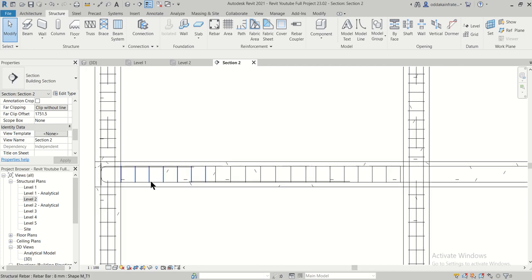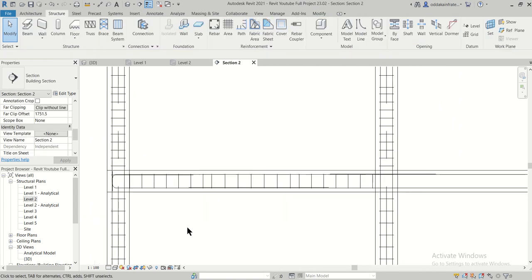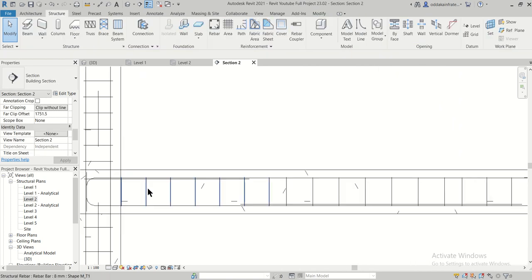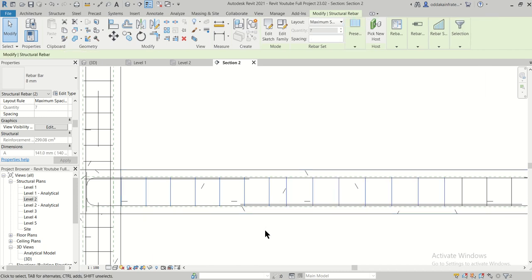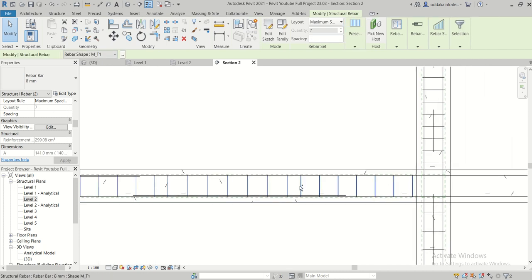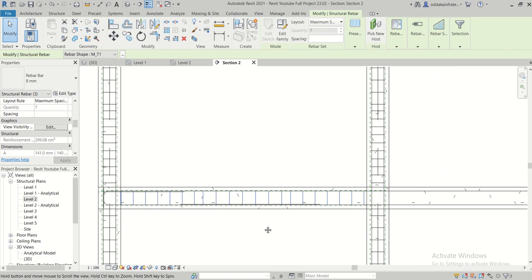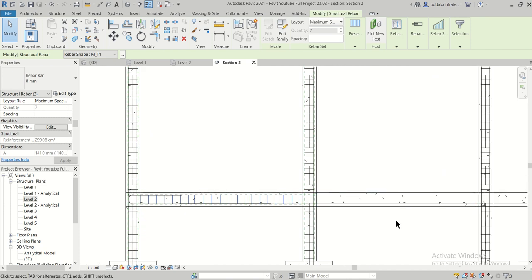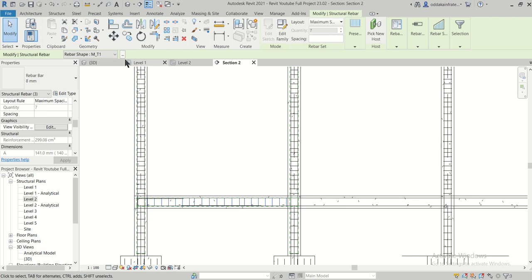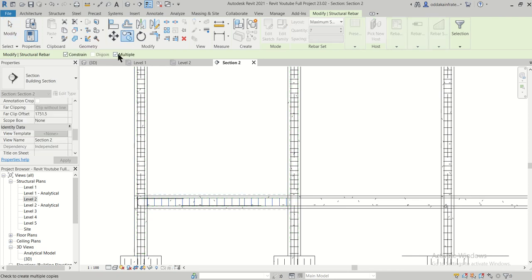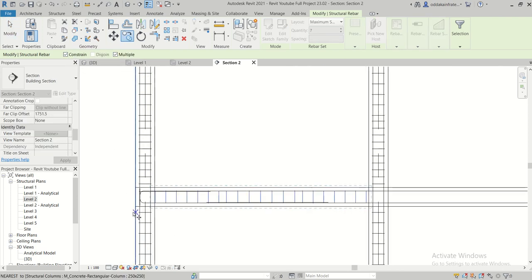So once this has been done, the stirrups of one particular portion, we have done this. So what we'll do, we'll just carefully select this stirrup, and also this, using the control button, Control plus left click, and after that we need to place stirrups everywhere, avoiding the beam column junctions. So we'll click on copy, the multiple option is selected, the constraint option is selected.